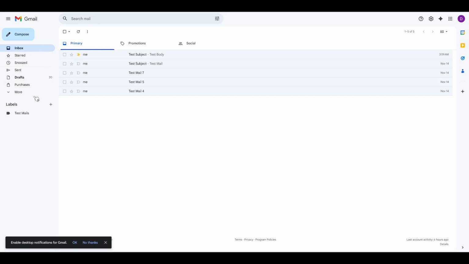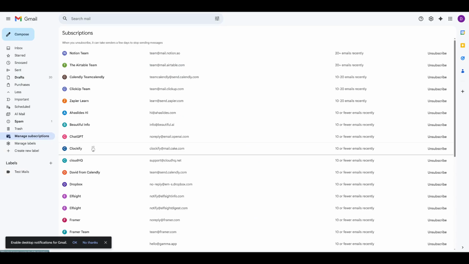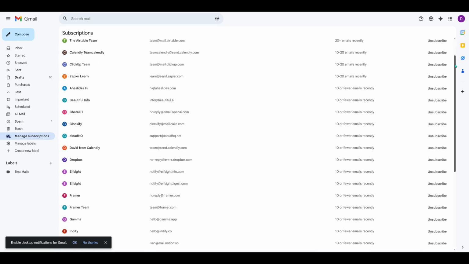Next, you'll need to locate the More option within this sidebar. Click on it, and it will expand to show additional options, one of which is Manage Subscriptions. Clicking on Manage Subscriptions will take you to a page that lists all the email subscriptions linked to your Gmail account. Here, you'll see a comprehensive list, providing you with a clear overview of the newsletters and promotional emails that